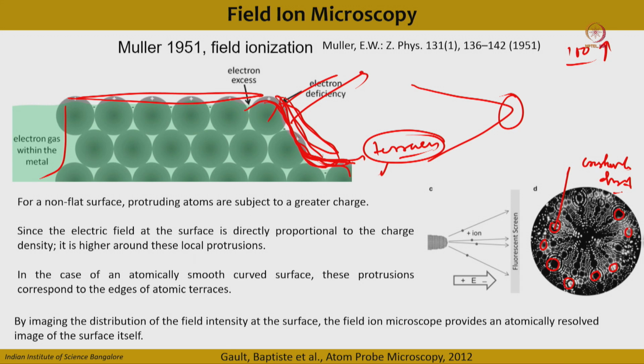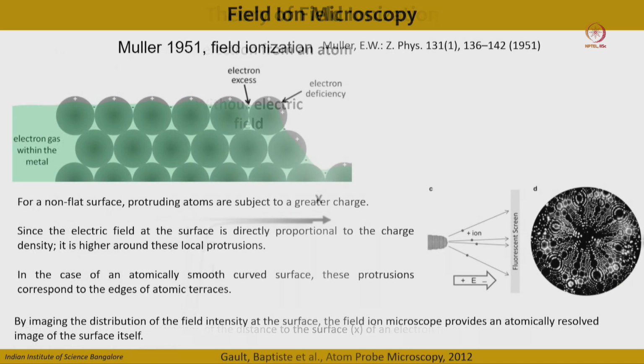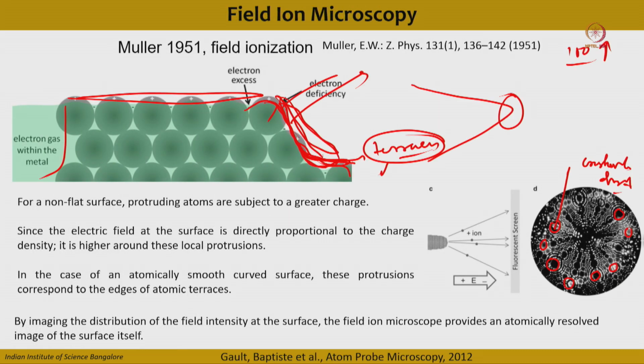So this is what we covered in the last class, and next, we have seen how these gas atoms get ionized and how these can be used to image the surface of the tip. Now in this class, we will go through some basics related to how these gas atoms get ionized. We'll go through some basic physics